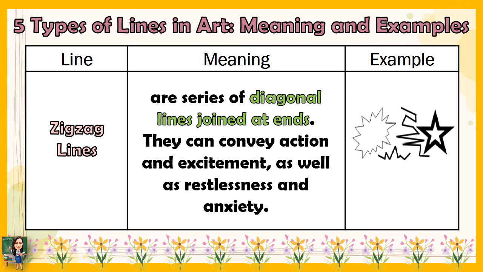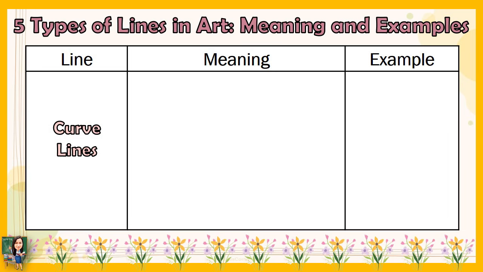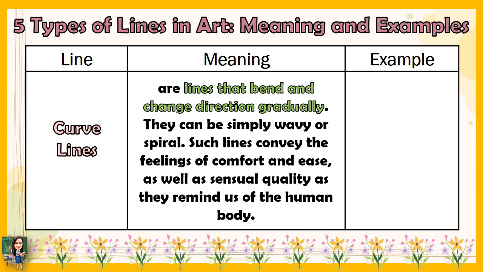And the last line is curved lines. Curved lines are lines that bend and change direction gradually. They can be simply wavy or spiral. Such lines convey the feelings of comfort and ease, as well as sensual quality as they remind us of the human body. For example,